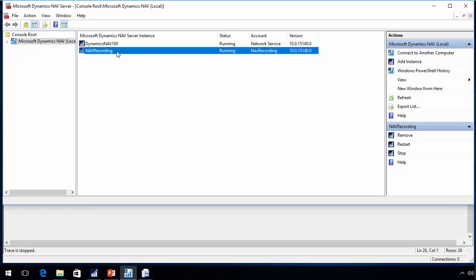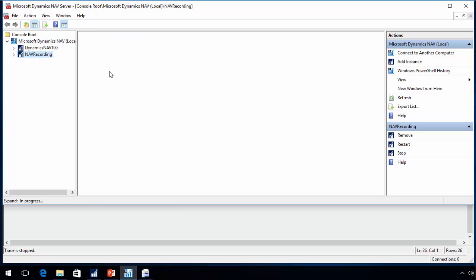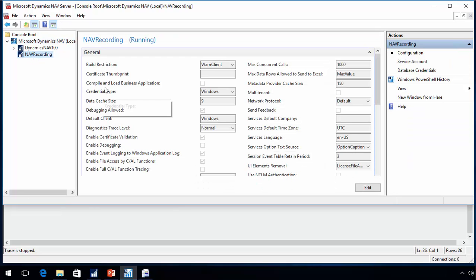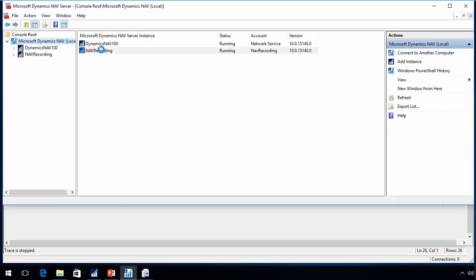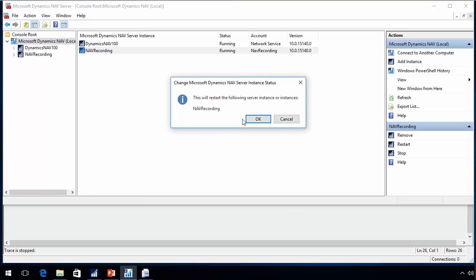To do this recording, I would need to restart my service tier in here. And I have set one setting here. This one is 2017. So I have actually unchecked my compile and load business app because I also want to be able to see all objects being used by the application in here. So as I now restart that one,